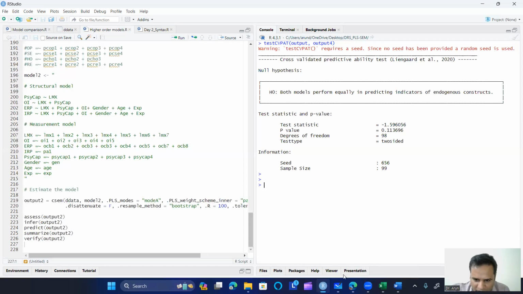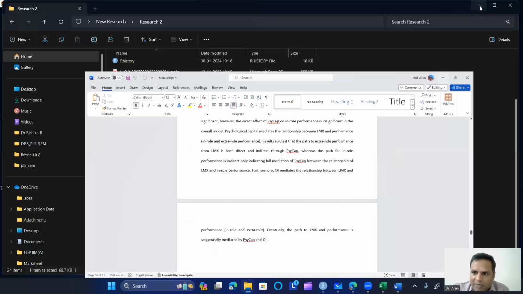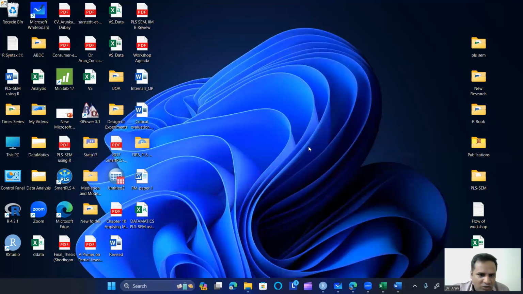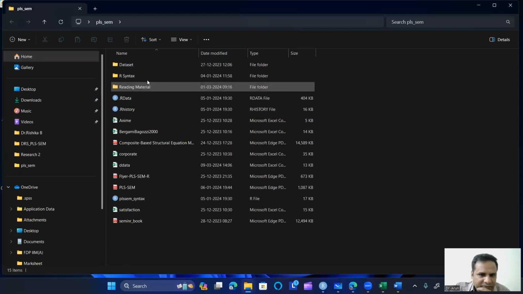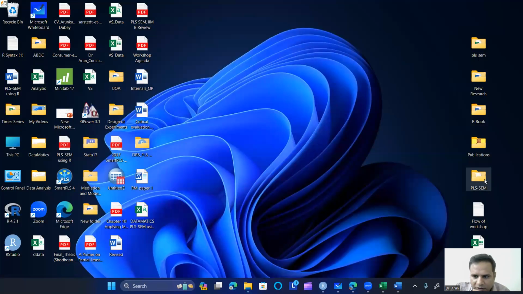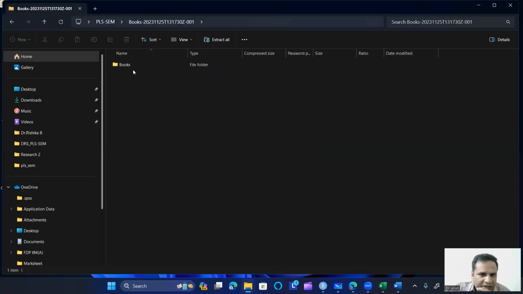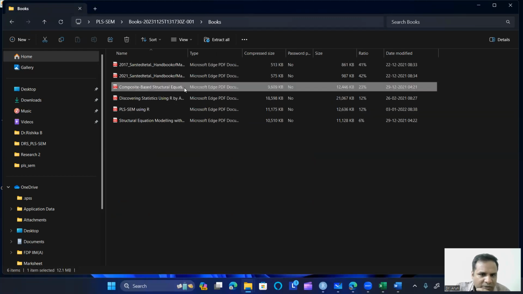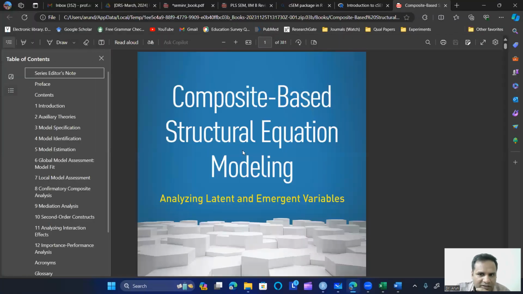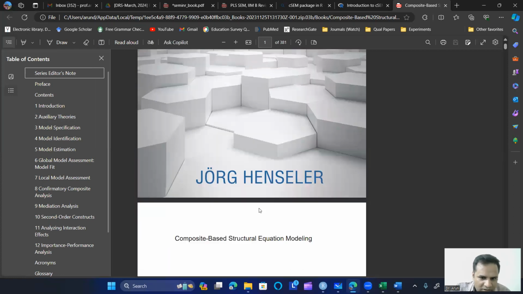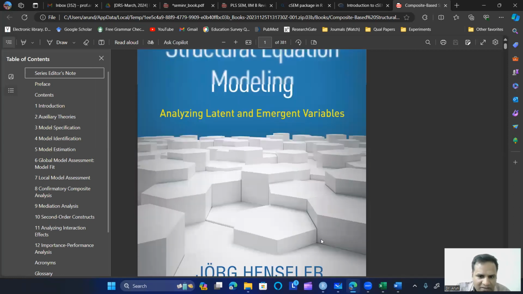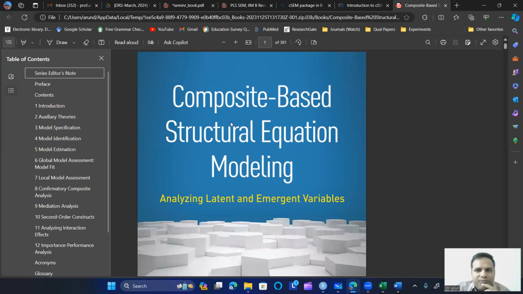By the way, there is one book which I have shared with you, written by Professor Hensler, and Hensler has contributed to the development of the CSM package. If I can take you to the reading material, not this one, this one. There is a book, Composite-Based Structural Equation Modeling, and in this book, Jörg Henseler has used the CSM package. But again, he has given very little information. He has not explored